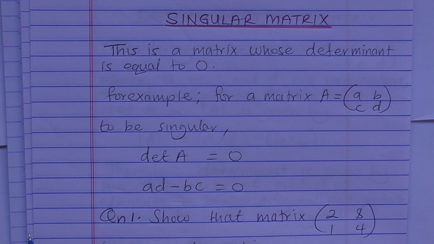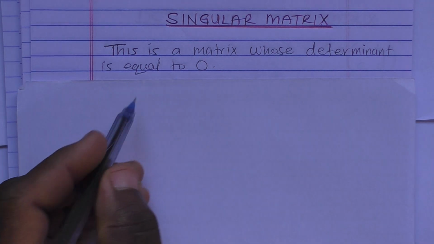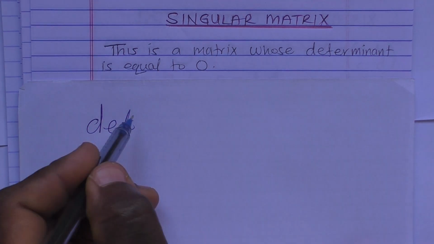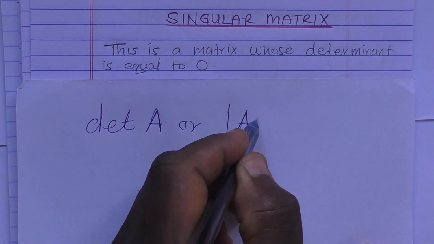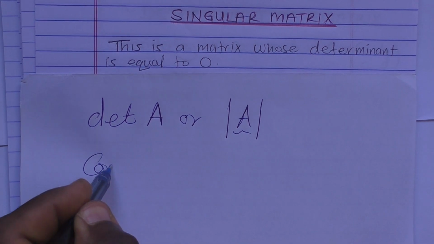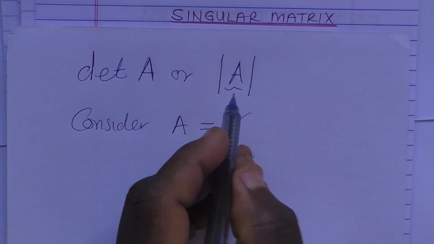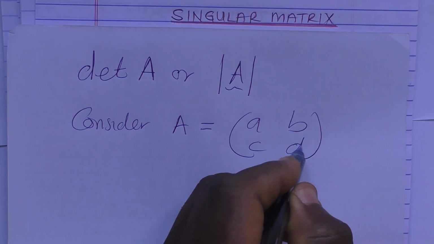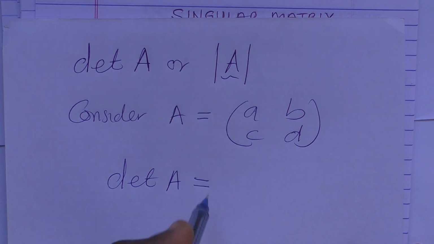And now when we talk about determinant of a matrix, what do we mean by determinant of a matrix? The determinant of a matrix is denoted as det. Let's say a matrix A, its determinant is det A, or we use that. And now, considering matrix A, which is given as A, B, C, D, then the determinant of matrix A is given by